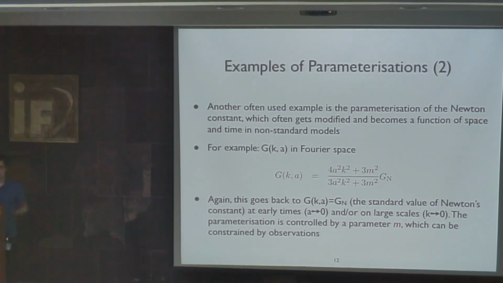Would it be valid for all scales? Or, I mean, is this approximation more accurate at smaller or larger scales? Sorry? This function, would it be valid for all scales, or do you think it would be more accurate at different smaller or larger scales? So in most cases, it's only valid on large scales. And if you go to small scales, you need to think of other ways to parameterize this. So in linear scales? Yes, on linear scales, that's right. So I'll come to the limitation of the parameterization method later.